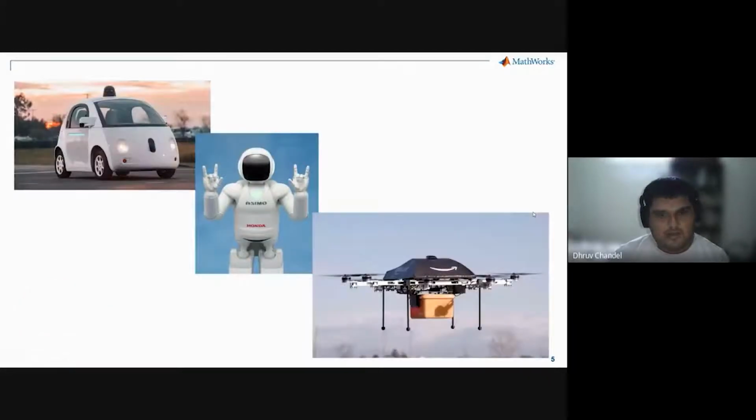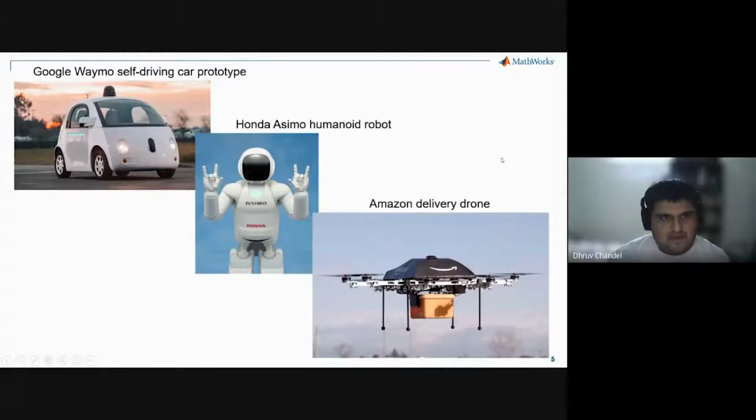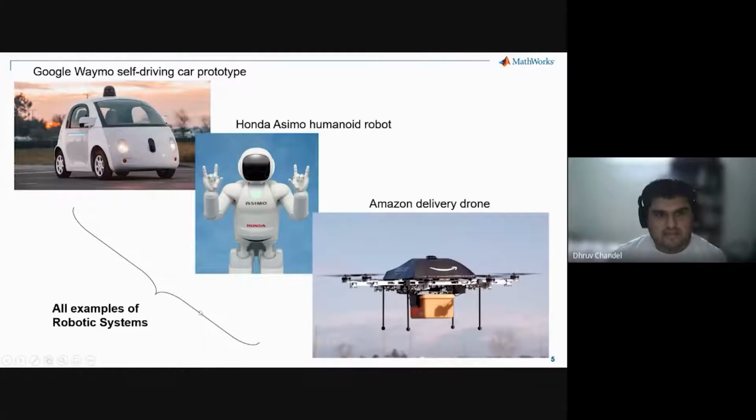So you're absolutely right. So that's a Google Waymo self-driving car. It looks like a normal car, kind of small, but it's got this sensor pod on the top. This is a very famous Asimo humanoid robot made by Honda. They've been making this one very popular since around the last 20 years or so. And these Amazon delivery drones are something which are now being brought into the market to make these deliveries more efficient. So these are all examples of different kinds of robotic systems. And if you're interested in robotics, you might end up working on one of these systems or something similar to this in the future.